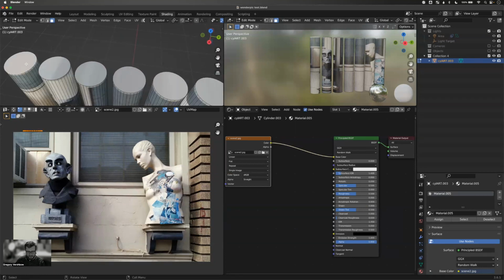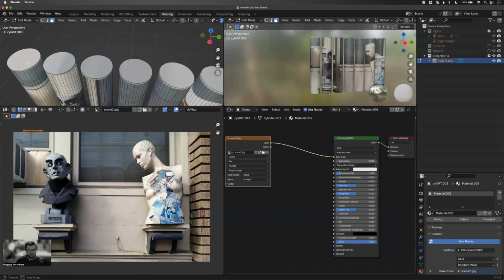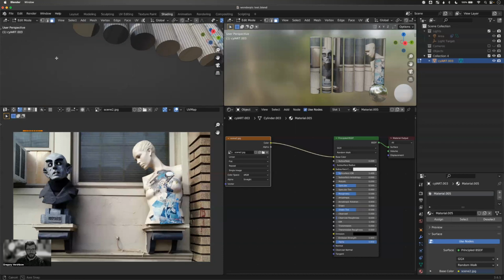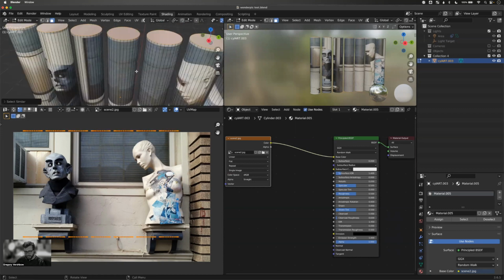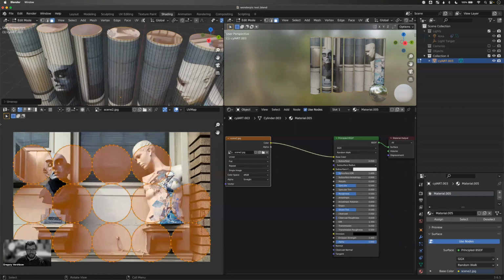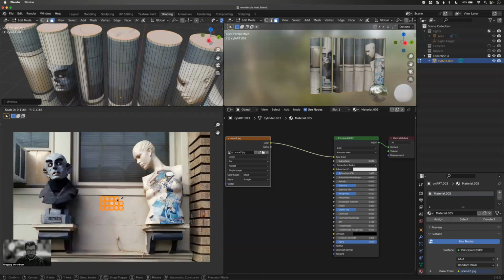I'll select this circle, and then I'll press Shift G for select similar, and I'll choose coplanar. So we've got all our circles selected. Now I'm going to press U again, and click unwrap this time. And now you can see these circles are all over the place. And I'm just going to shrink them way down